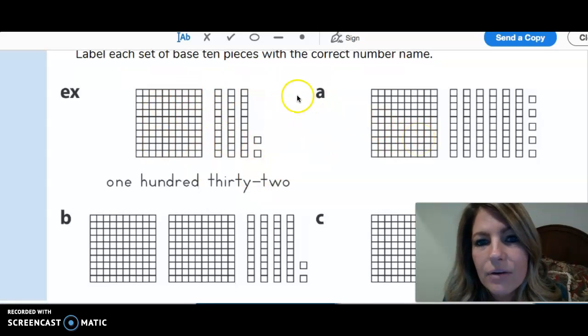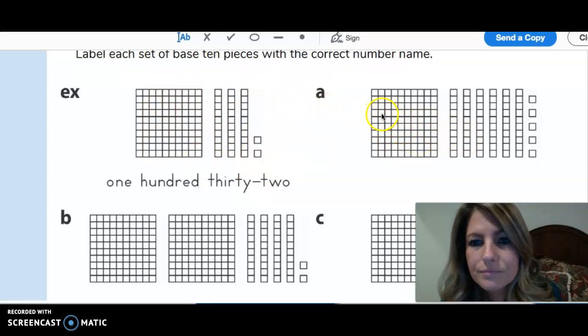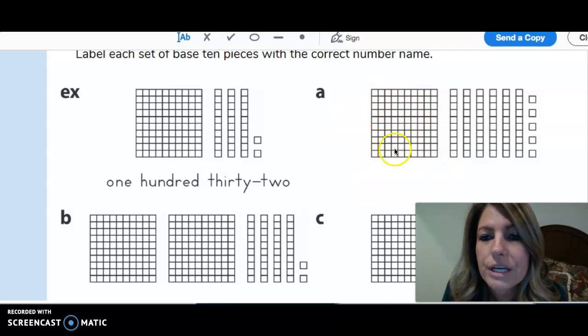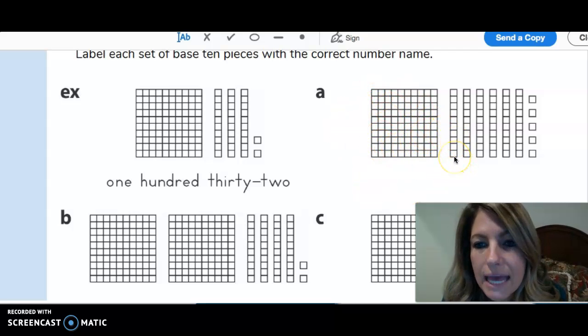Let's try counting A together. We've got 100 here, 110, 120, 130, 140, 150, 160, 161, 162, 163, 164, and